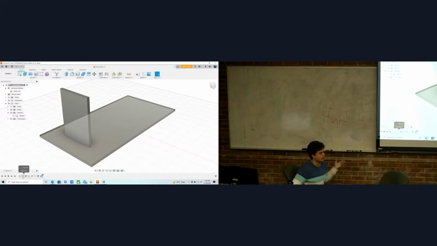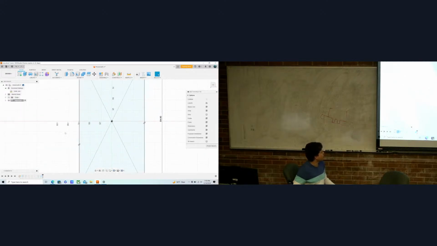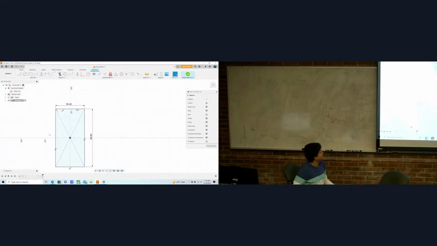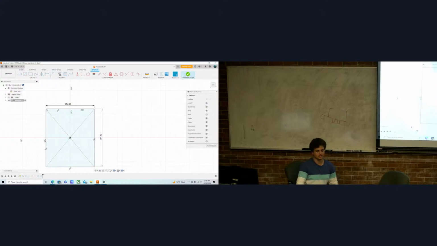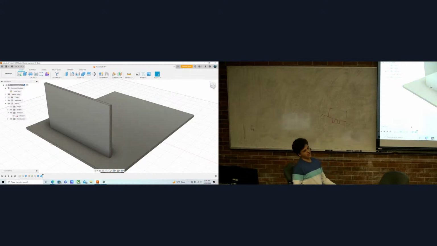You don't have to follow along if I'm doing this, but you can. I'm going to go all the way back here. And let's say, actually, I lied. I don't want it to be 6 inches wide. I want it to be 10 inches wide. I can go ahead and make that change and press finish sketch, and everything else is going to change along with it. Now, the width of the wall has changed as well,